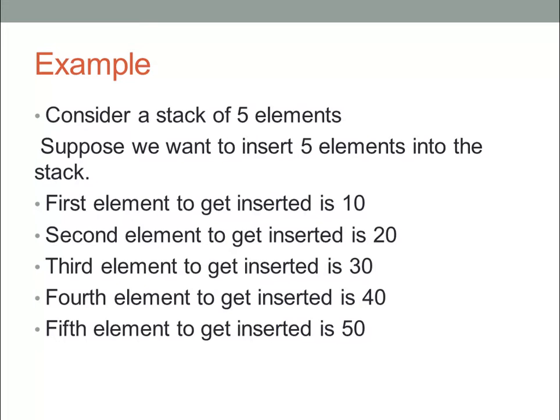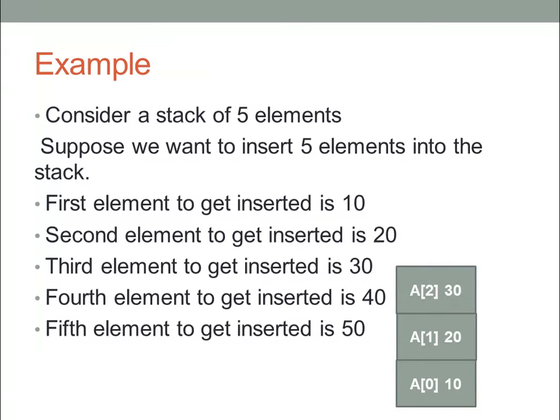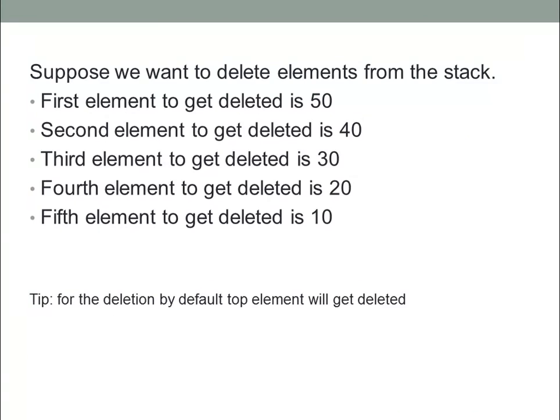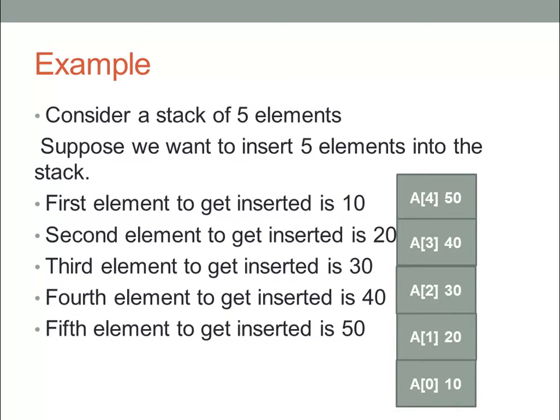Okay, and you have to insert numbers 10, 20, 30, 40 and 50 into the stack, right? So the first element from the list will be the first element that goes into the stack. So the first element is 10. Then on top of 10, 20 will get inserted. On top of 20, 30 will get inserted. On that, 40, and at the last your 50 element will get inserted. Just pay attention here. The first element that was inserted was 10, and the last element that was inserted is 50,